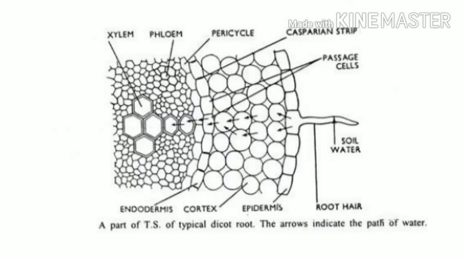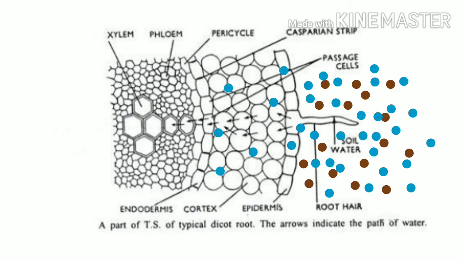Now, let's understand the pathway of water absorbed by the roots. The thin film of water around the soil particles in the soil space is readily available to the plants for absorption. As its concentration is higher than water present in the adjacent root hair cells, the root hairs absorb this water by osmosis. When water enters the root hair, its concentration becomes higher in the root cells compared to the adjacent cells of the root cortex. This difference in concentration of water helps it to move from root hair into the cortex by osmosis.